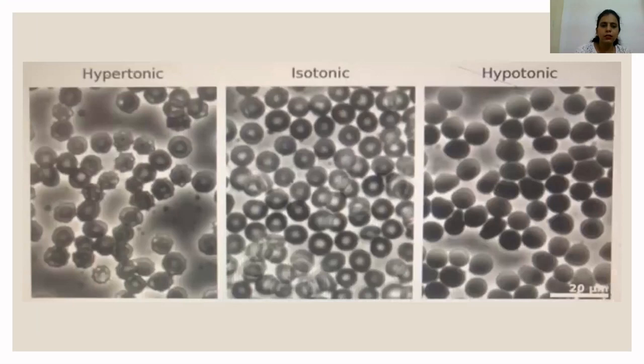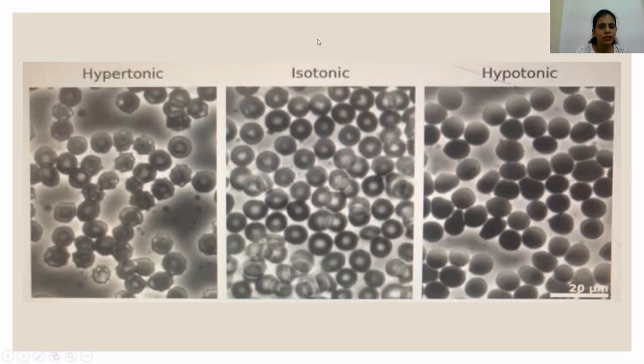Fine. Next slide shows you the black and white image of RBCs under a microscope. Now this image is very important. It is shown many times in your IGCSE papers. You have to look at these three images and you should be able to identify which is hypertonic, which is isotonic, and which is hypotonic. If you look at the images carefully, in the first image you can make out these shrunken, shriveled cells easily. That means in which solution the cells shrink, in which solution they lose water. They lose water when cells are placed in hypertonic solution.